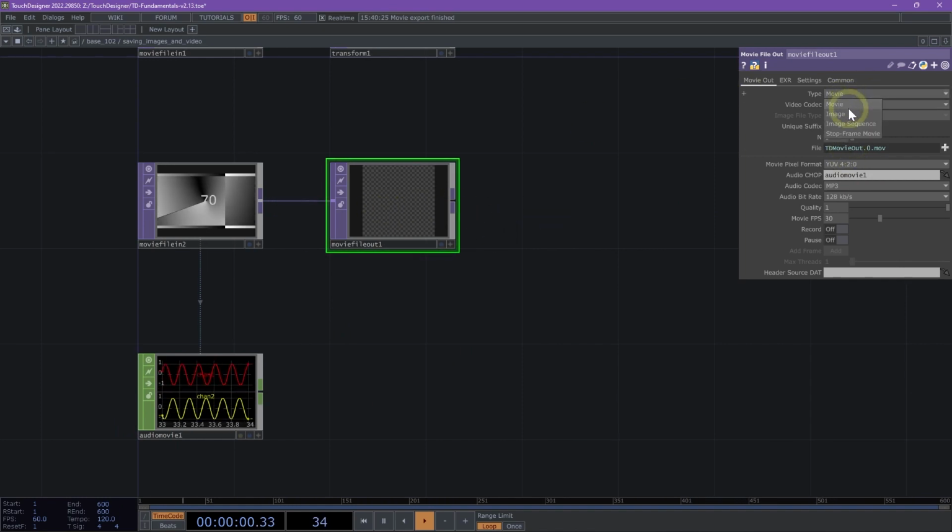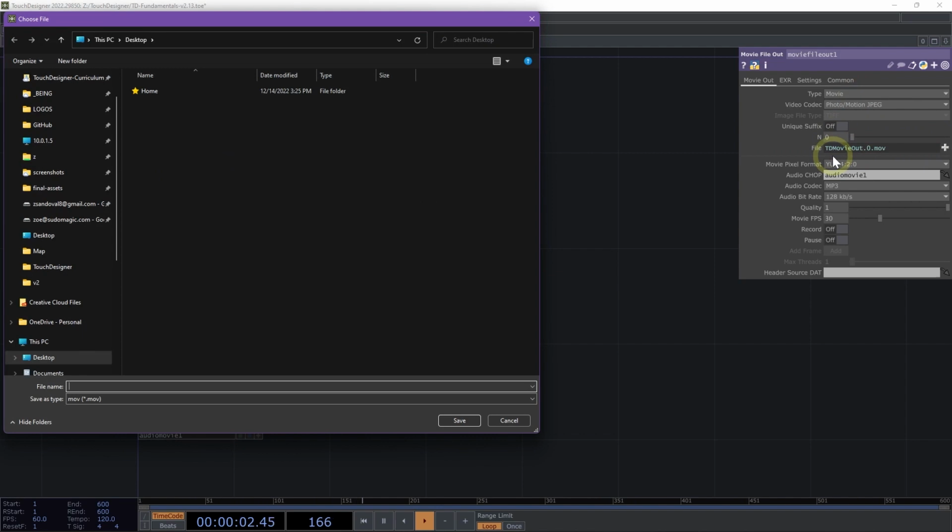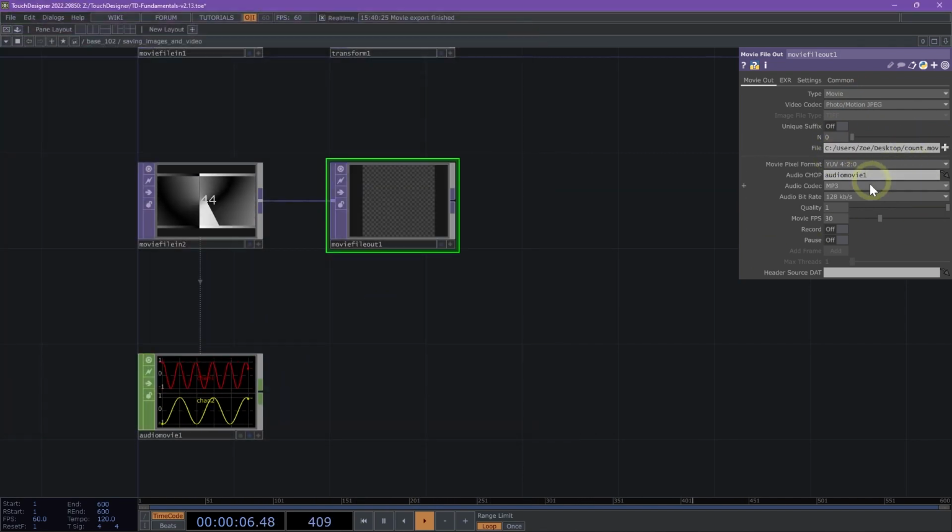We could change the type. It could be an image sequence or stop motion. I'm going to set that to a movie. I'm going to leave the video codec alone. I'm going to change the file name. You also have the ability to keep this if you want to increment. I'm going to call this count. And then I'm going to leave these audio codec settings,